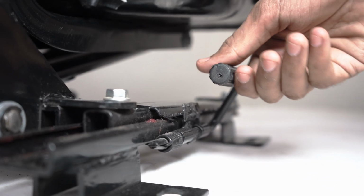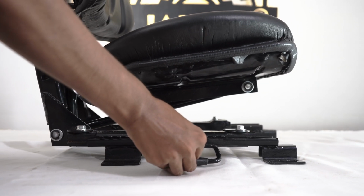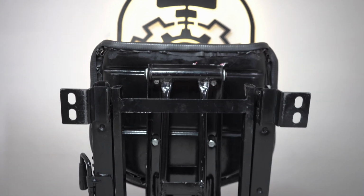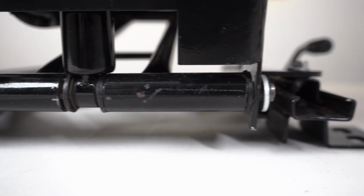improving balance and reducing strain. The sliding mechanism allows smooth front and back movement, helping drivers position themselves perfectly for better posture and reach. Constructed with a reinforced heavy-duty base, this seat is designed to absorb constant vibration and shock, ensuring durability in demanding